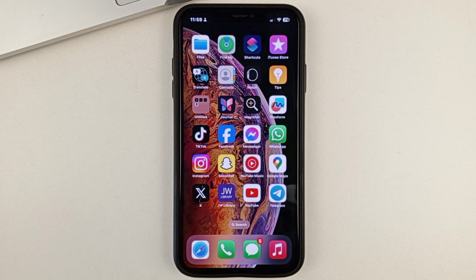And in today's video, I will tell you and show you how you can very easily enable background loading in